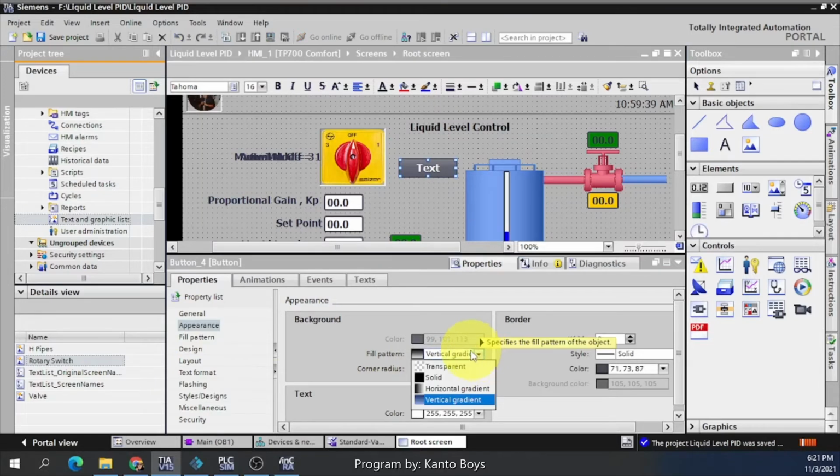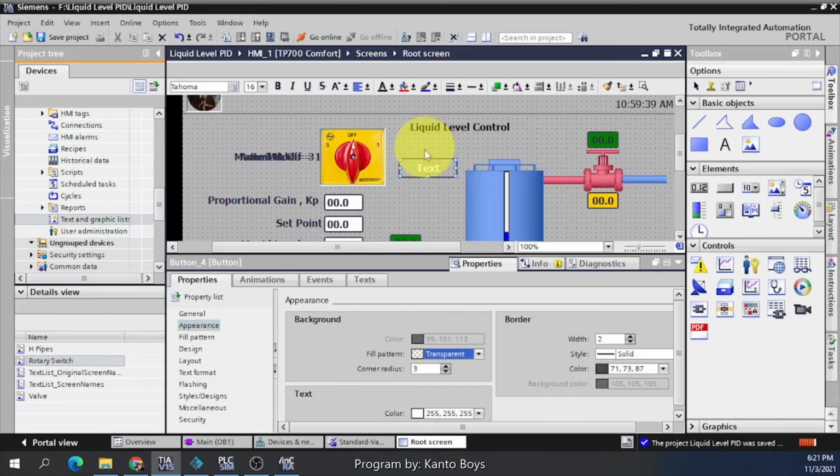Here you select transparent. Transparent means that if you run the HMI, the button could not be seen, because it is transparent. So you adjust the line so that it could not be seen in the graphic that this is a push button.